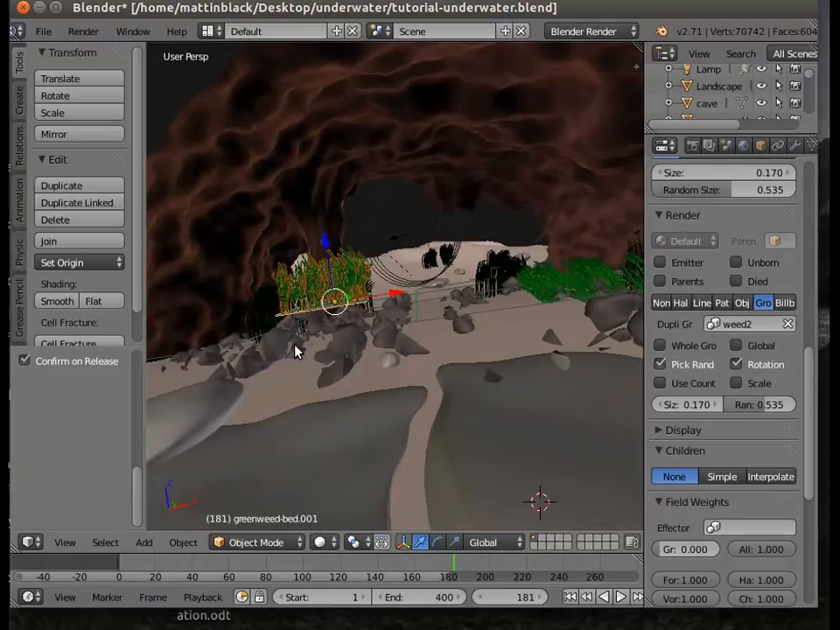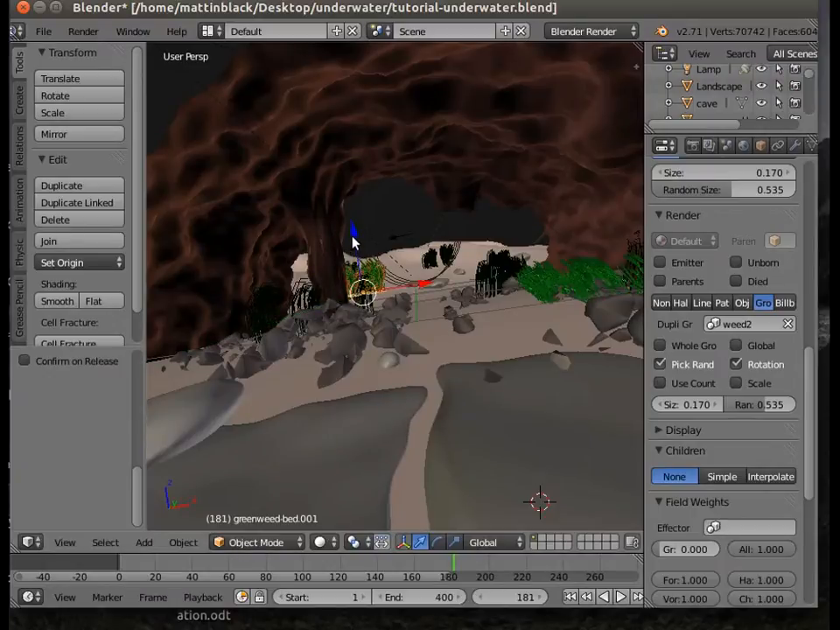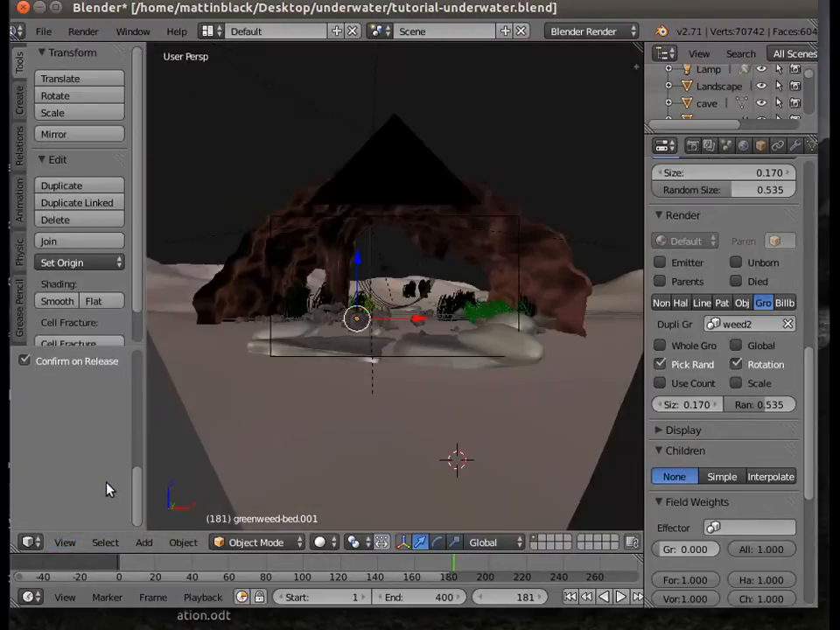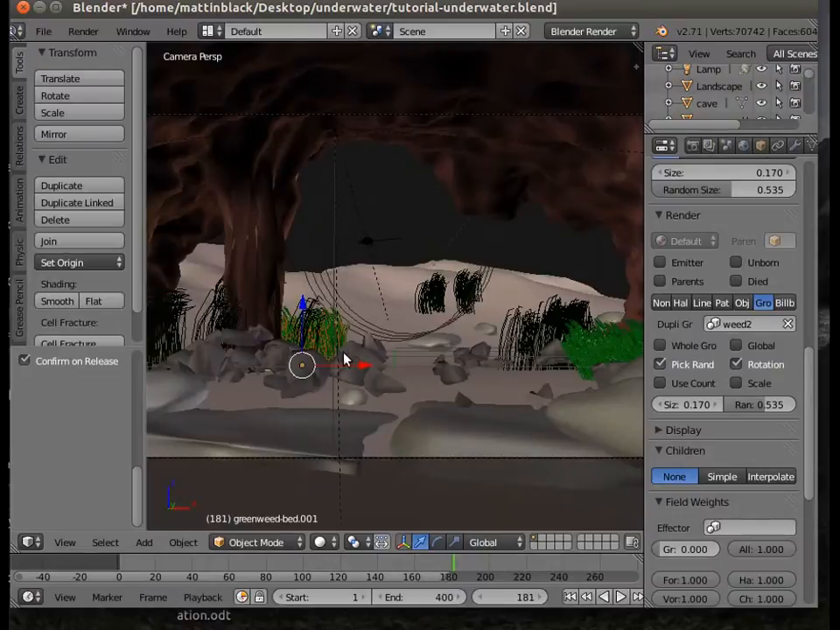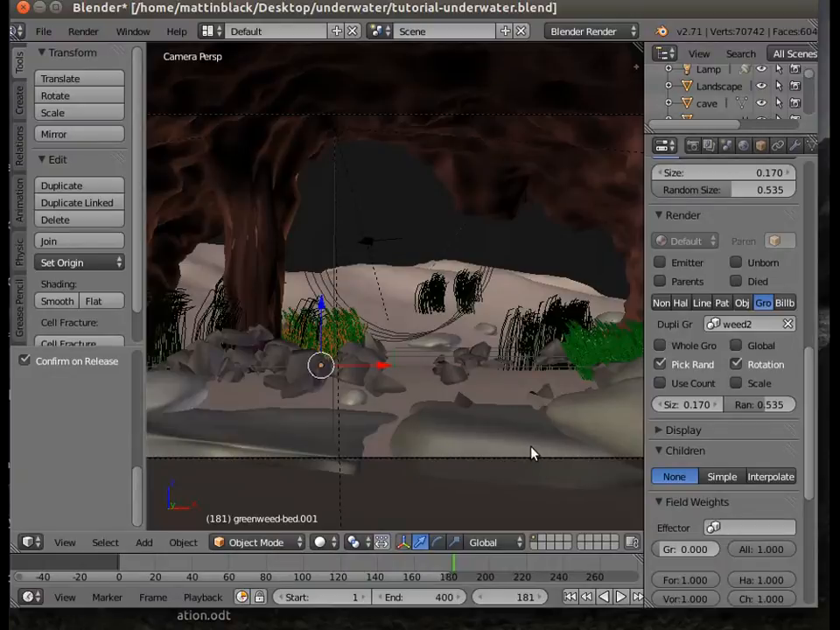Let's try GY. And that's in the right place geographically. So I'll look at the camera. You see, it starts to look quite good when you've got more than one type of weed. That's going to go there like that. And in fact I'm going to duplicate that again,